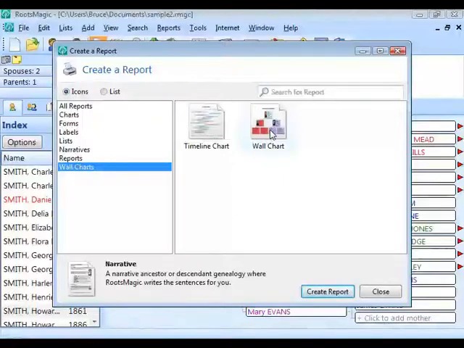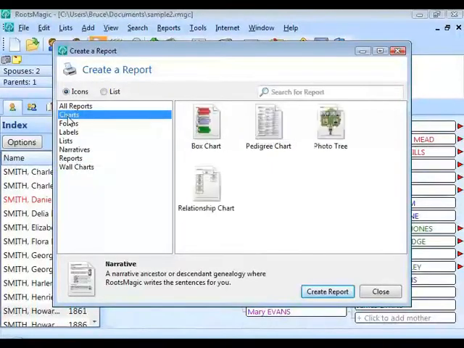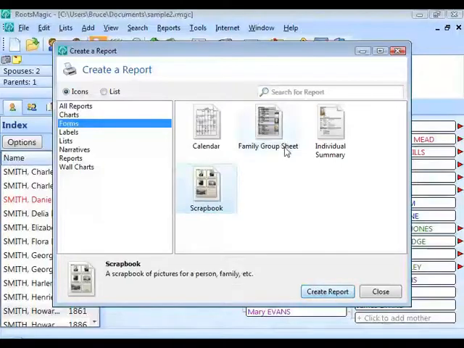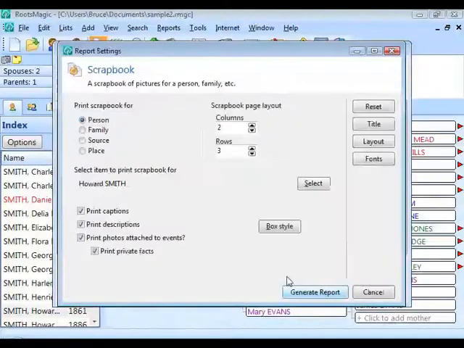The last report that I want to talk about here, though, is the scrapbook. Now, currently in RootsMagic, these reports are generally going to only use the primary picture for a person. I mentioned we can attach pictures to people and families and places and events and all of these other things. Currently the one report that will let you get all of that kind of information is the scrapbook. And this is where you can choose to print a scrapbook for a person, for a family, for a source, or for a place. So if I were to select that I want to do a scrapbook